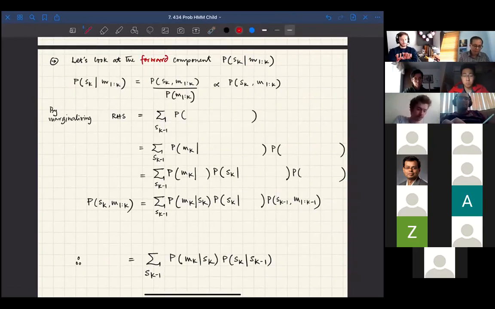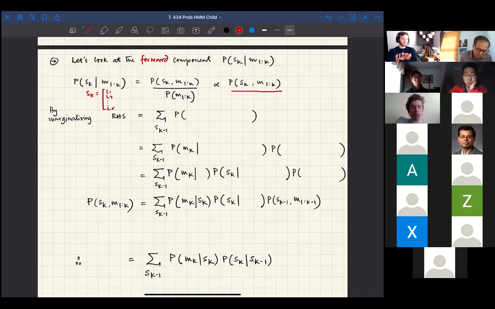Okay. Anytime you see P of A given B, you can think of it as probability of AB divided by PB. That is only proportional to probability of AB. Again, same thing. Because the only thing we care about is S_k equals L1, L2. That's the real thing we are after. And for that, all these denominator values are the same. So now this right-hand side, we can write that as